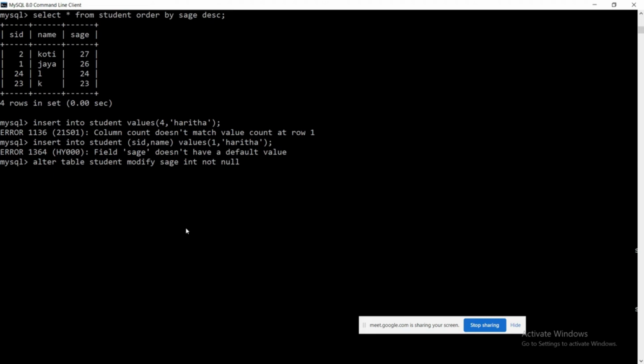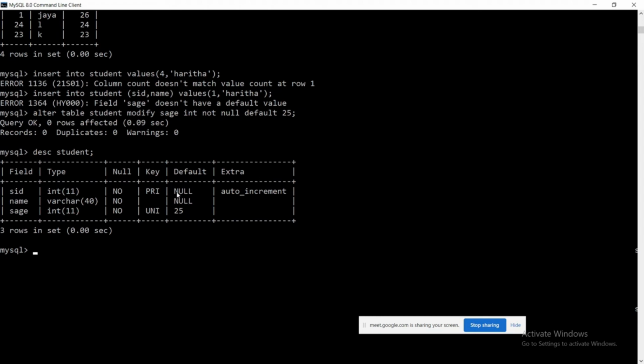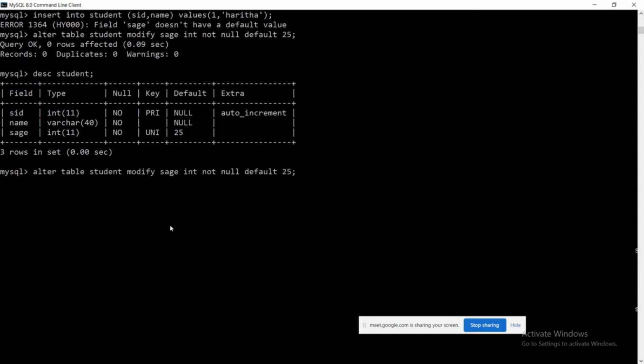what we have to define is some default value. The command is default, and the default value I am passing for age is 25. That's it. We can describe the student. See, you can observe here, instead of having the null value, we are passing the default value as 25. Now if you work with that command, sorry,